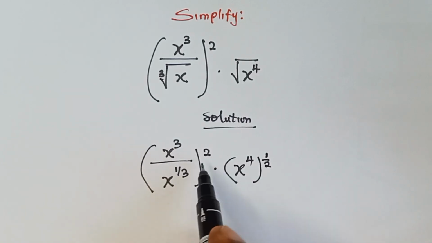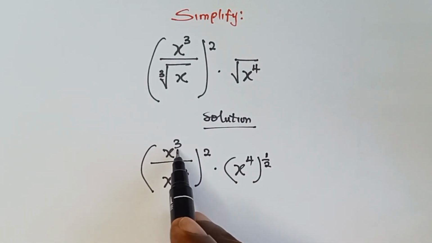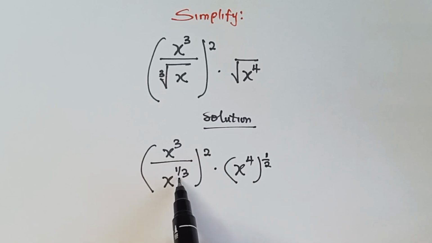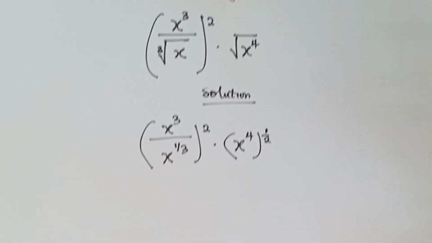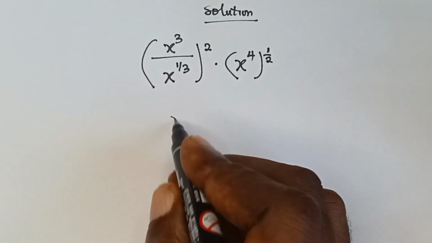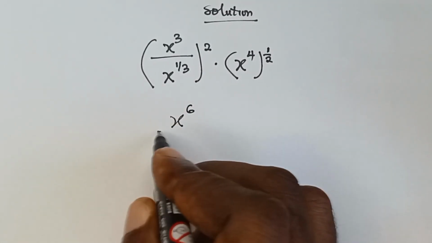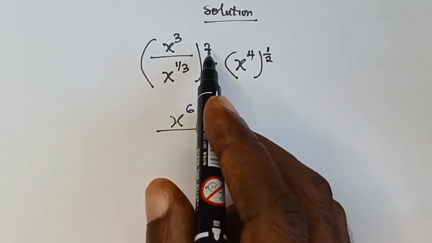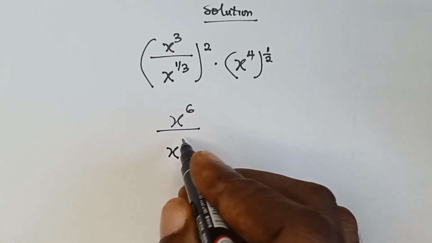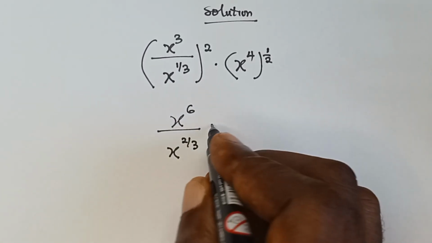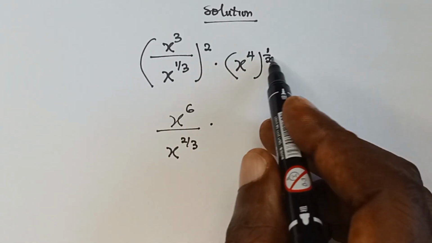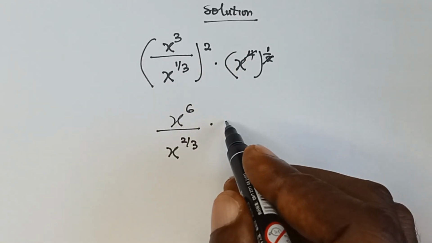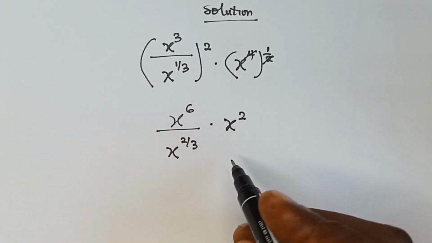And then here we're going to multiply the powers. All right, this 3 times this 2, and also 1 over 3 times this 2. So we have 3 times 2, which will give us 6. So we have x raised to power 6 over, 1 over 3 times 2 will give us 2 over 3. All right, multiply by here now, 2 in 4 is 2, so we have that as x